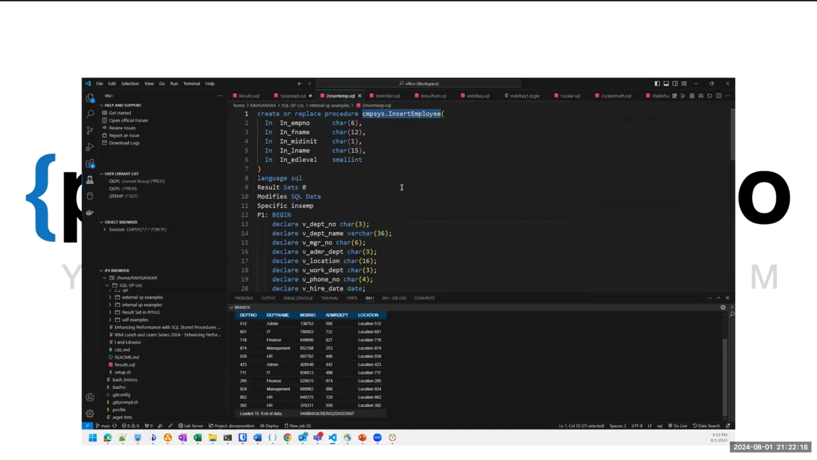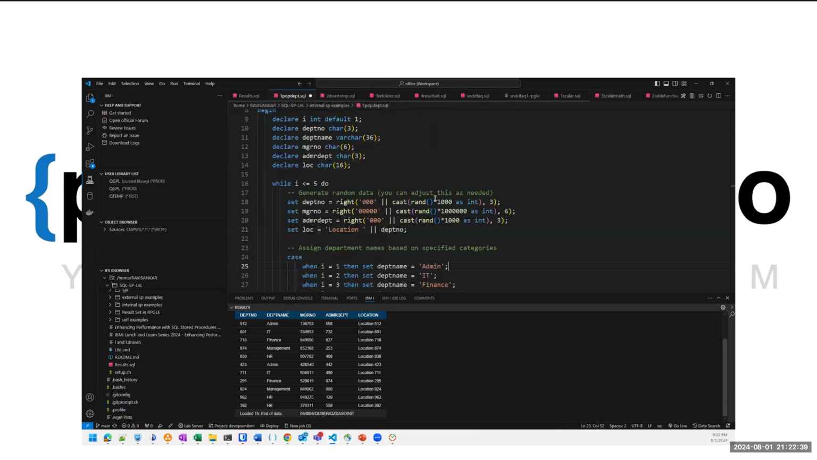This is where I'll be inserting a particular record to the employee table, but this time I'm going to pass some parameters. So I decide what record needs to be inserted into it. Just like the previous example, everything is the same, but the only difference is that we have some input parameters over here. And if you take a look at the example,